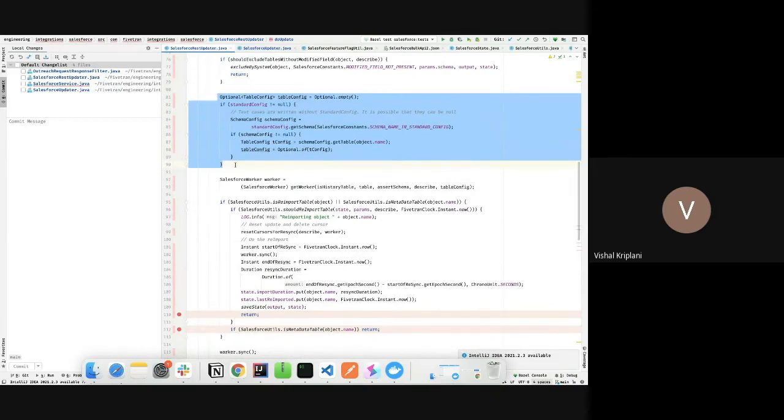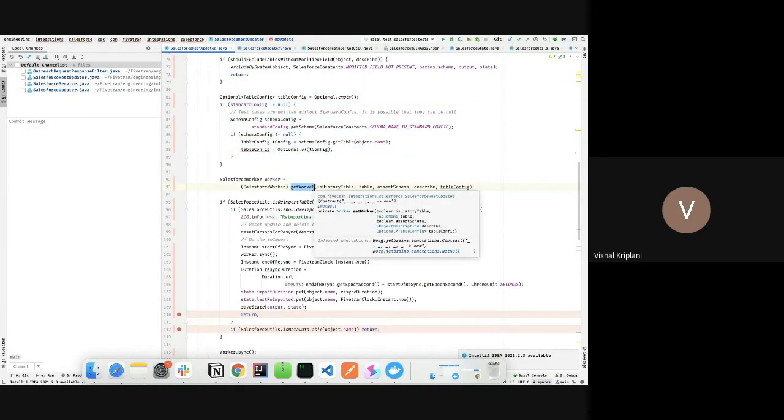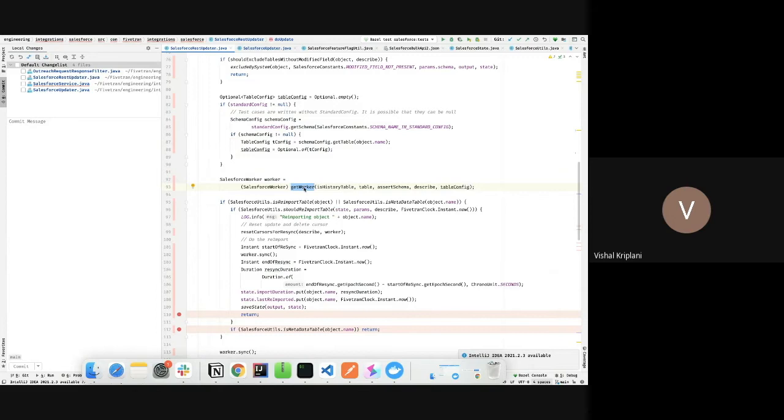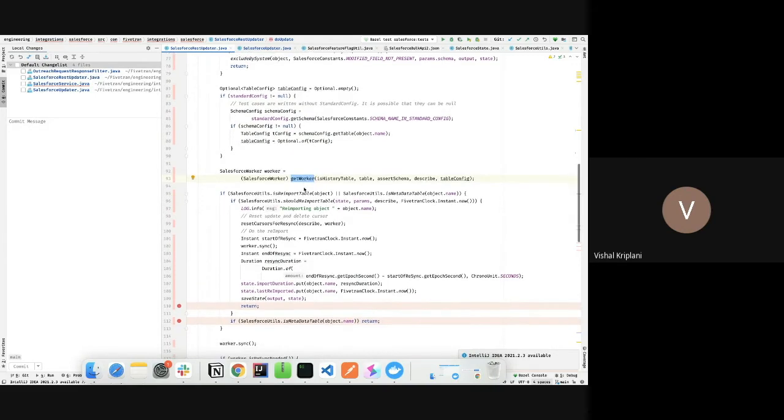Then we create one worker for Salesforce. Now what does worker mean? You can consider a worker as an object that is responsible for syncing some object. Let's suppose for the Account object you created one worker. It's the responsibility of the worker to sync the entire Account object from start to end, irrespective of the type of account.